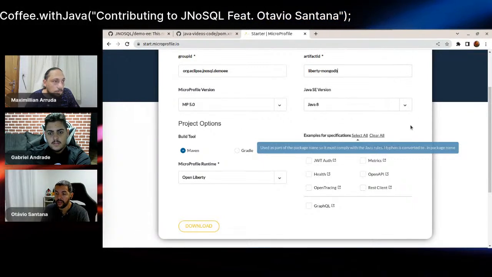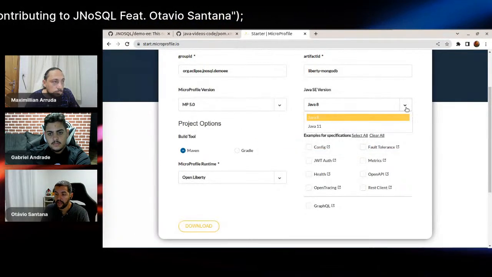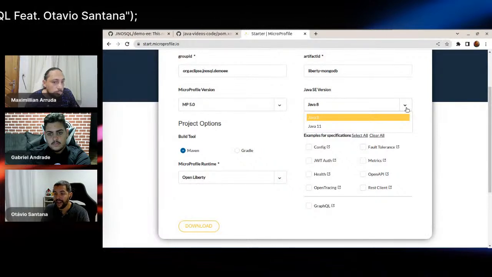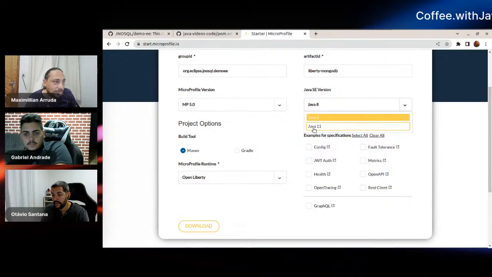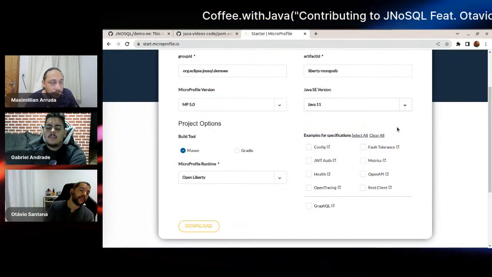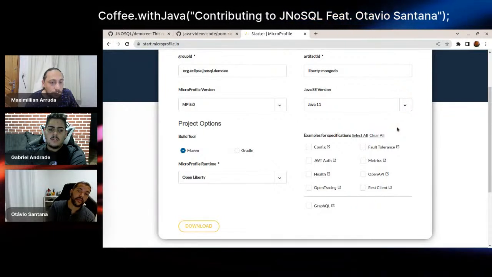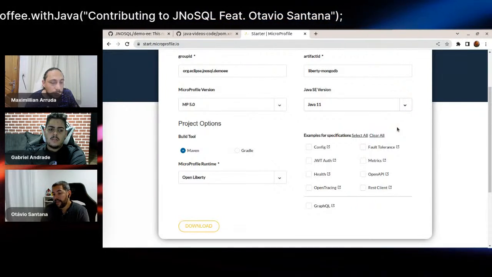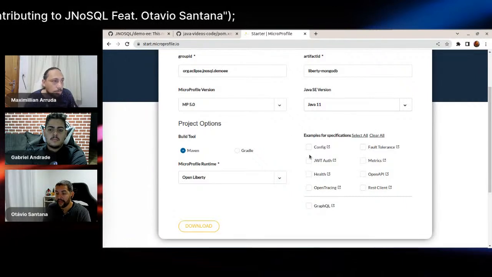With the Java version 11, and then you can do it manually. Until you can change the project, right? Yes, it will generate a POM XML, so you can change it there.